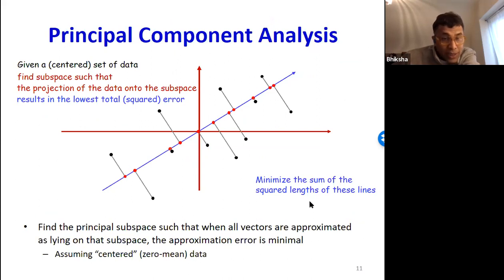Then finally, after the class was over, in the extended lecture, we spoke about missing principal component analysis. Everybody is familiar with principal component analysis. Here's what we do. Given a centered set of data, shown by these black dots, we try to find this principal subspace, which is a linear hyperspace, a hyperplane, such that when you project all of the data instances onto this hyperplane, the error that you get from approximating the data by their projections, which is the length of these black lines, the total squared error for all of the training data, is minimized.